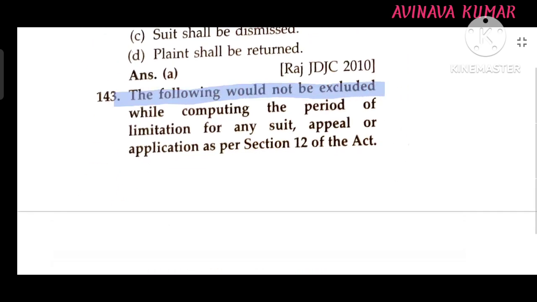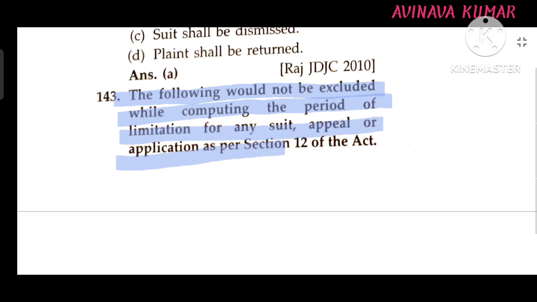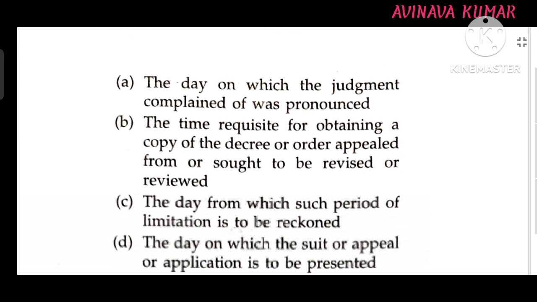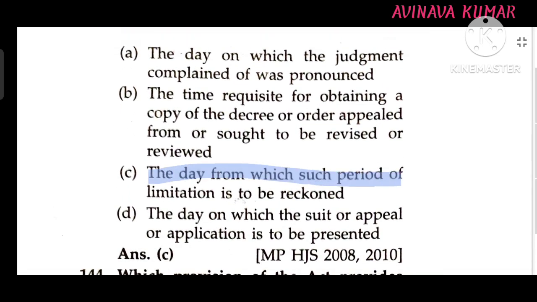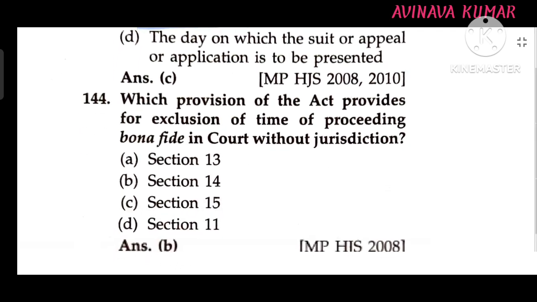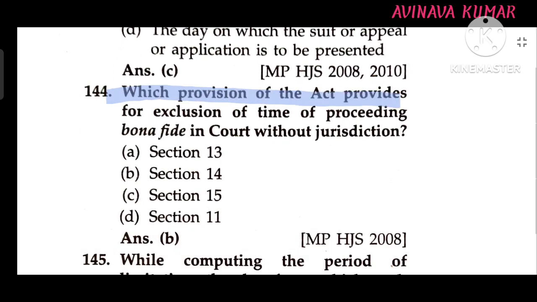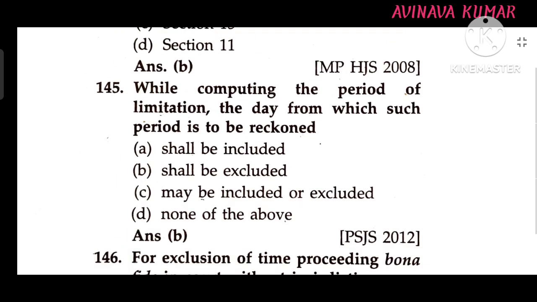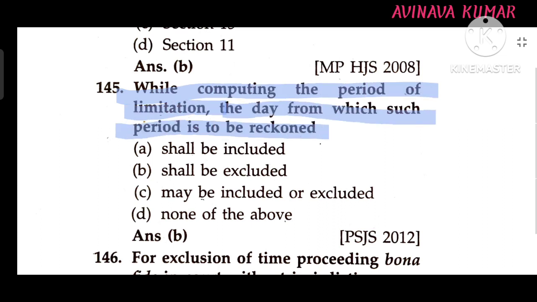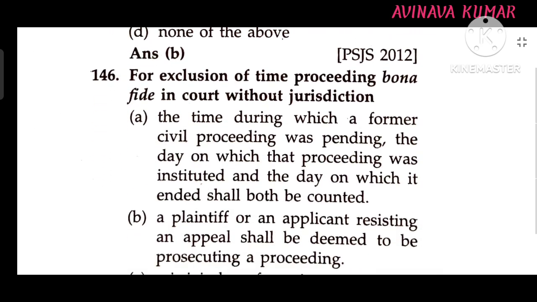The following would not be excluded while computing the period of limitation for any suit, appeal or application under Section 12: the day from which such period of limitation is to be reckoned. Which provision of the Act provides for exclusion of time of proceeding bona fide in a court without jurisdiction? Section 14. While computing the period of limitation, the day from which such period is reckoned shall be excluded. For exclusion of time of proceeding bona fide in a court without jurisdiction,